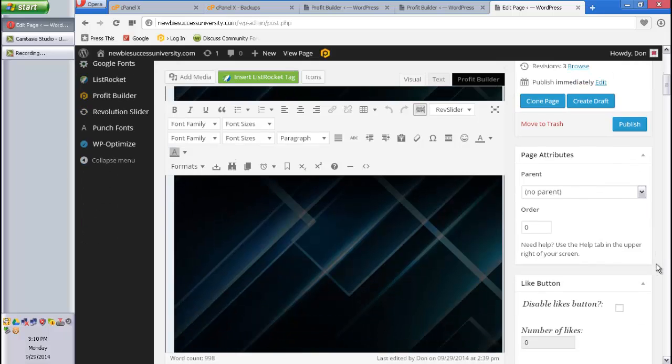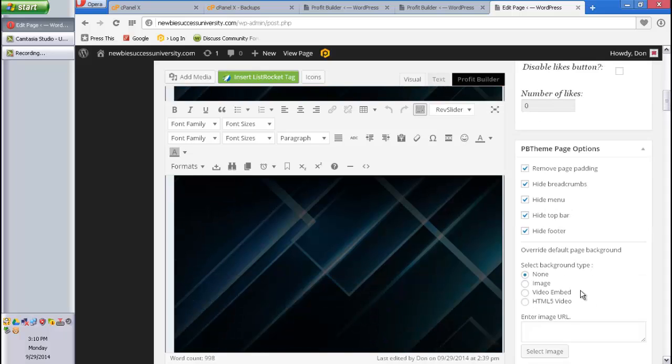And then you want to come down here on the sidebar. On the right hand side, you're going to see PB Theme Page Options. You see the little boxes I have checked. In most cases, you want to turn all those off, okay? There might be a case where you don't want to, but in most cases, just go ahead and check them all off. Okay? When you have that done,